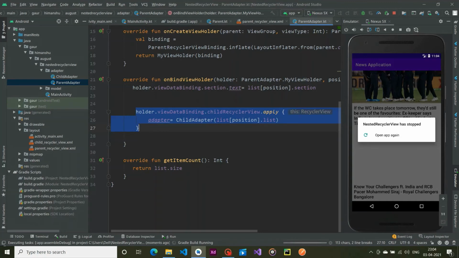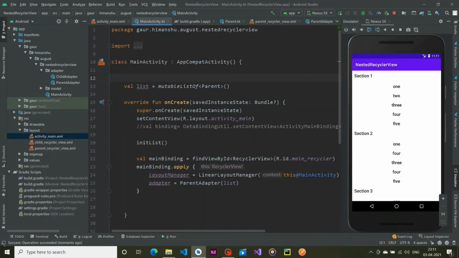Now I'm running our application again. Alright, so our application will run successfully. You can see over here section 1, section 2, section 3, 4, 5, 6. Actually I picked some random numbers, so that is why it is 1, 9, 3, 4. So don't bother about this, it doesn't matter over here. What matters is we have a section, and each section will have its own recycler view.